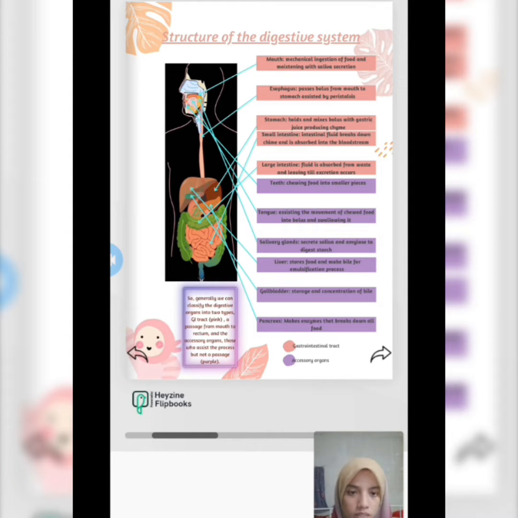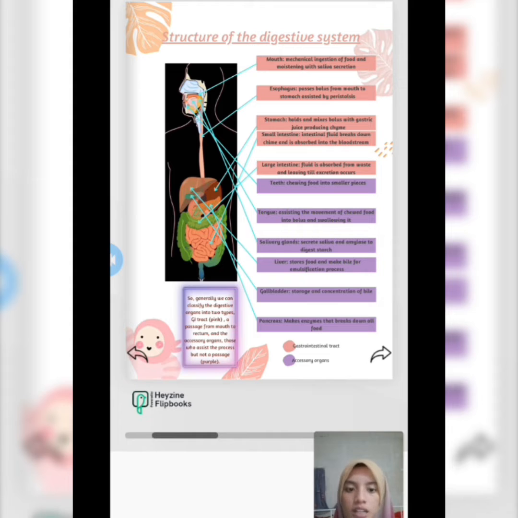Next, talking about the accessory organs, the first part is the teeth, which are the bones in the mouth that help to assist chewing food into smaller pieces. Then we have the tongue, which is the muscle that assists the movement of chewed food, making it into a bolus and swallowing it all the way into the esophagus. And don't forget the salivary glands, which excrete saliva to moisten up the food and also secrete amylase enzyme to digest carbs into